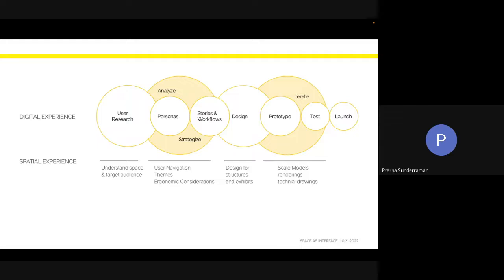Whereas in product design, especially when we're designing for apps, I cannot stress the importance of user testing enough, because we do have the opportunity to test it either as a mock prototype or as an actual built product before we give it in the hands of our customers. That's one of the biggest differences.